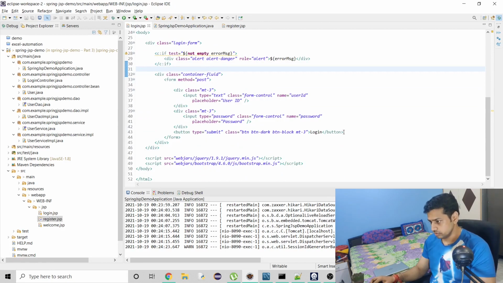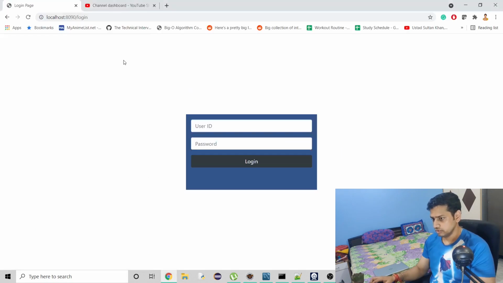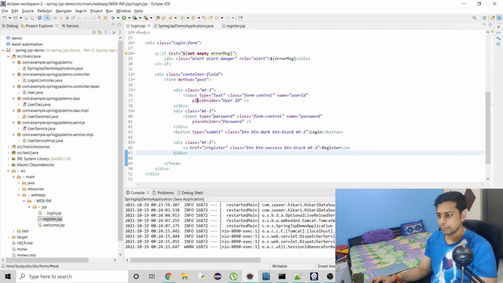Okay, so this is the form, this is the button, and so click refresh. So here you can see the register button, and if I click on it, you won't see any difference, or you won't see anything because we don't have the mapping right now.